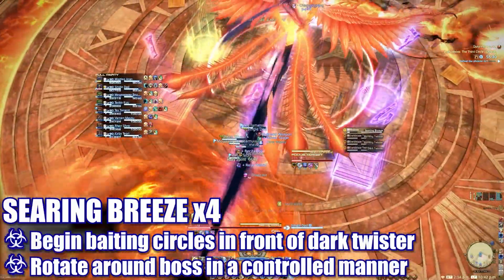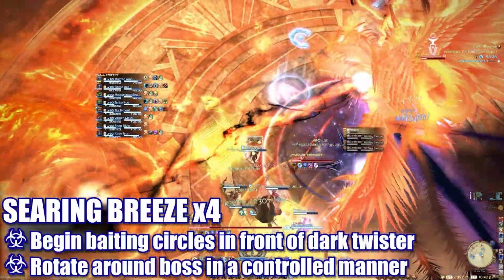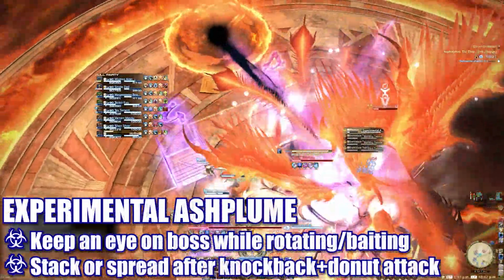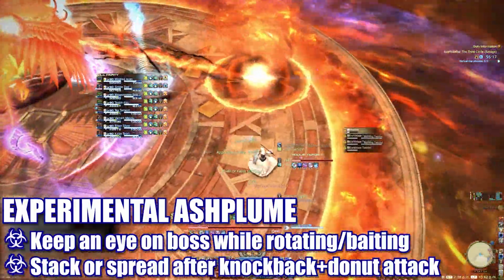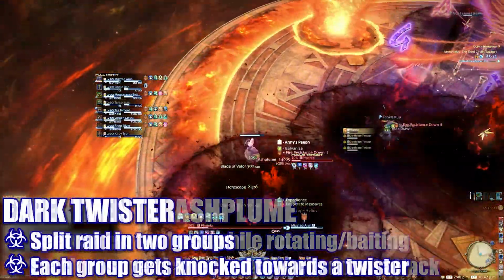As soon as the first circles drop under the group, they will begin to rotate clockwise until all 4 sets have dropped in a controlled manner. The boss is also casting Experimental Ashplume during this time, and players will have to pay attention to the spread or stack indicator that will appear over the boss as they rotate. This movement will have the group ending roughly in front of the dark twister as its cast is about to